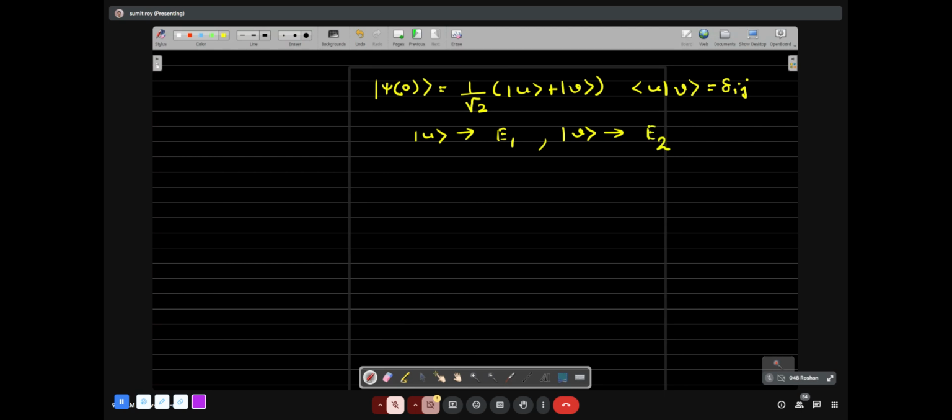A wave function, I don't have the entire question, but the meaning I recall. The wave function at t equals 0 is given by 1 by root 2 times ket u plus ket v, and the inner product of u and v is delta ij. The energy associated with the state u is E1 and the energy associated with the state v is E2. So you are being asked that after what minimum time